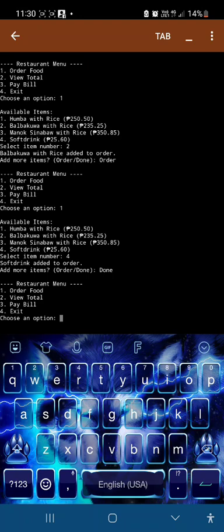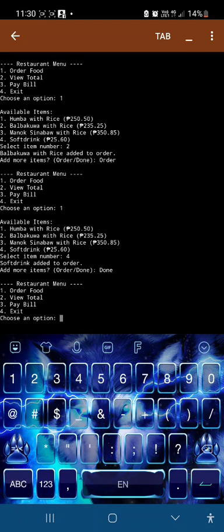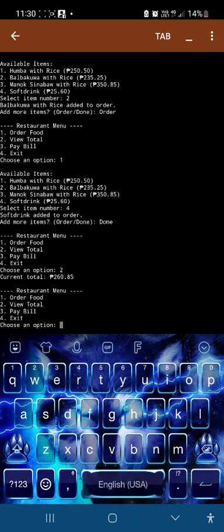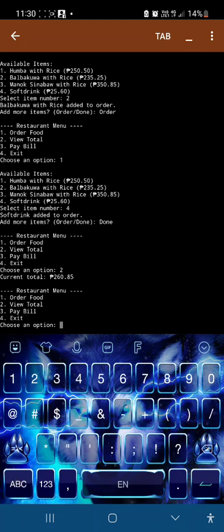If you want to see your total bill, you can select number 2, view total, and it will say the current total is 260.85. If you want to pay it, you can select number 3.